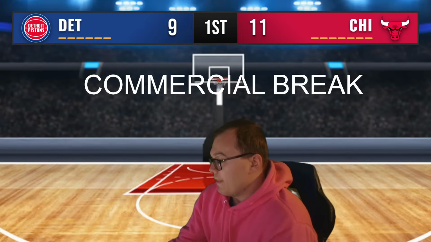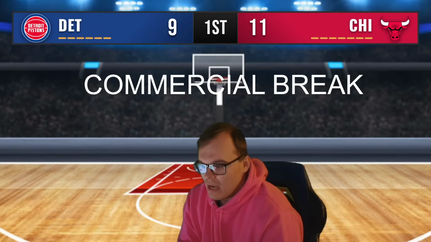Bulls are a good team, though. Unfortunately, we will not see Jaden Ivey tonight. I was looking at the injury report, and it looks like Jaden Ivey's going to be sidelined for another 2 weeks to that knee injury. It sucks. Like Cole Anthony, he really screwed up Jaden Ivey. A couple years ago, he was diving for the loose ball, and just an unfortunate collision. Hasn't been the same player ever since.